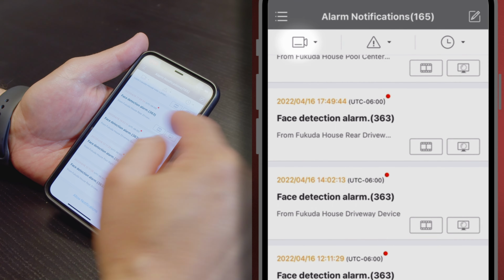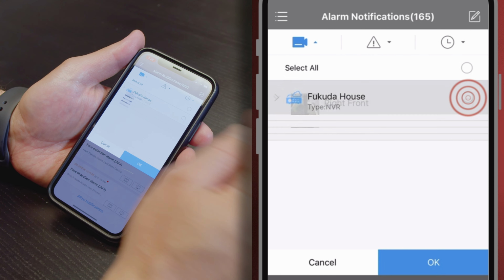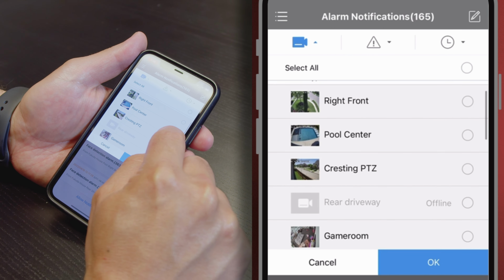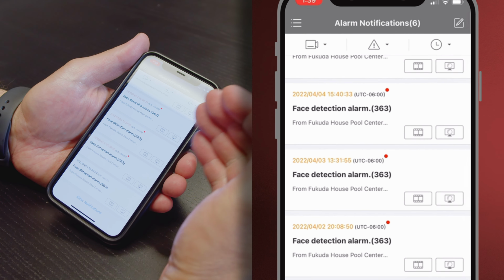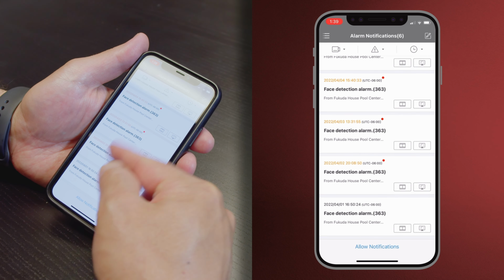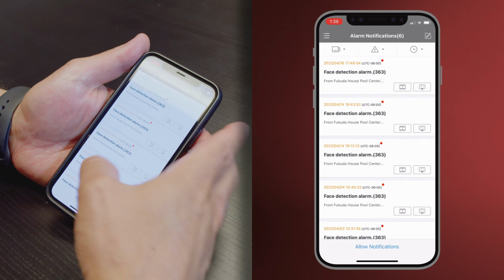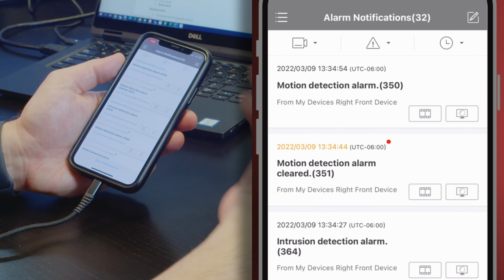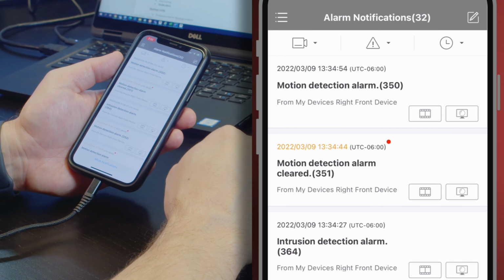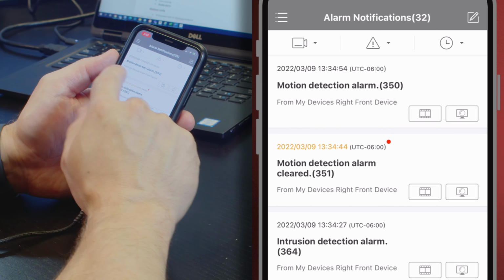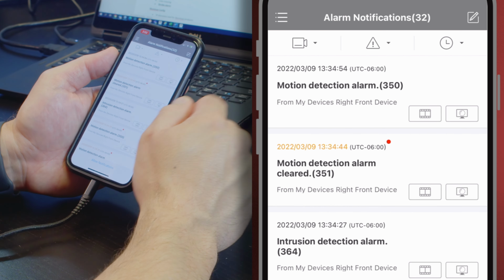maybe previous notifications from. If you hit this camera icon on the top left, you select your recorder. You can filter it just by hitting a camera, and once you hit OK, now these are all notifications for that one camera. So I have 4 incidents or 5 incidents, 5 notifications from that one camera. And this detection intrusion area was triggered earlier, and so you can see here this very first incident was recorded,